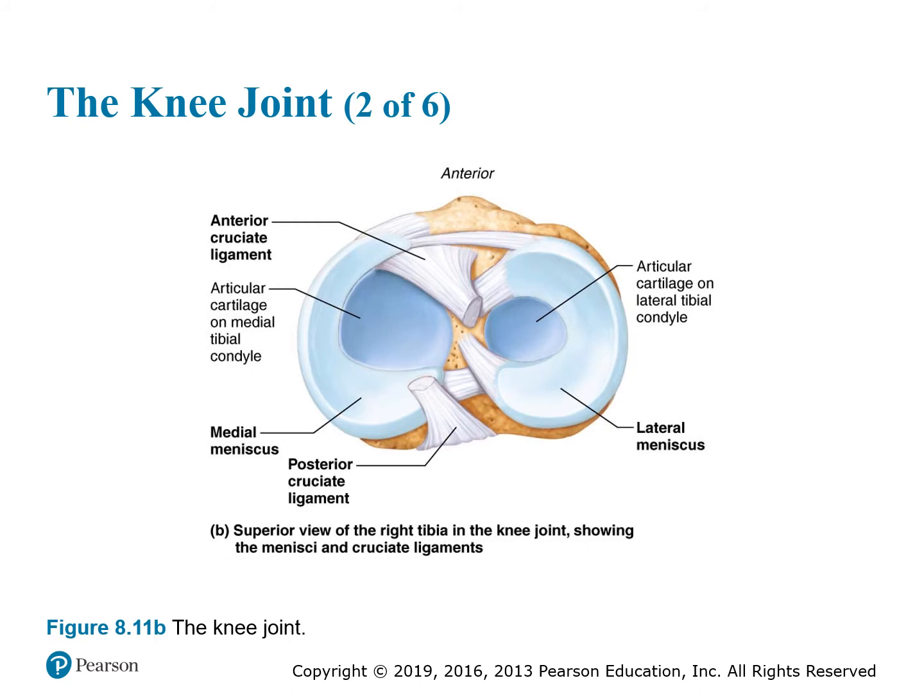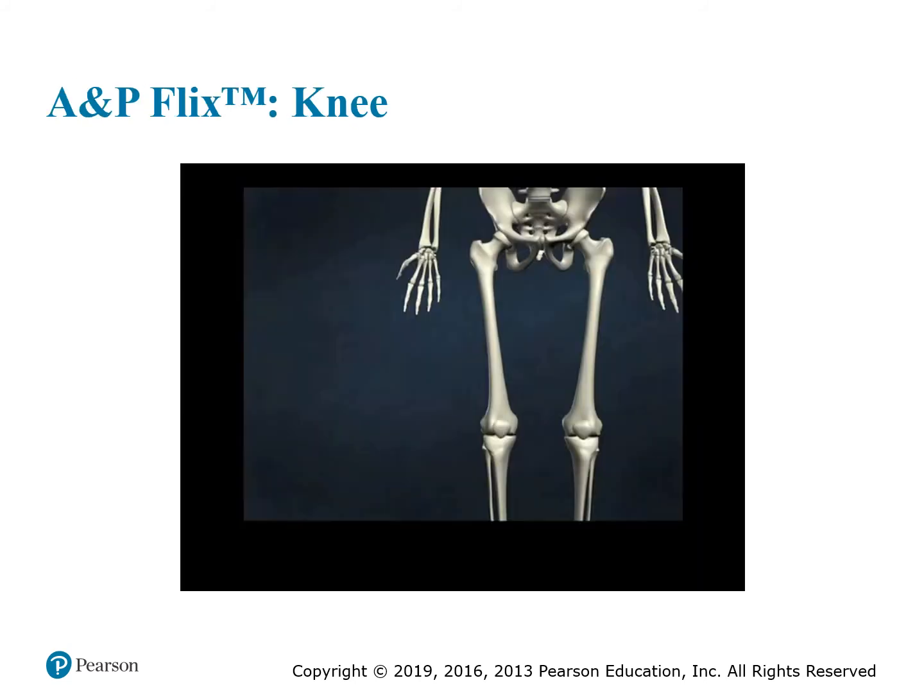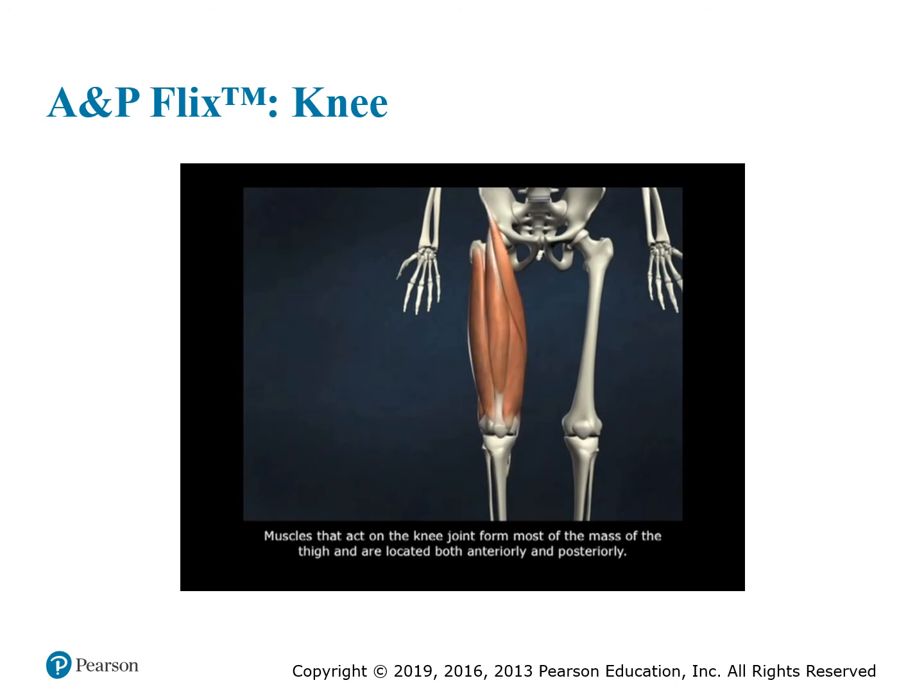Superior view of the right tibia in the knee joint. This shows the menisci, the medial meniscus and the lateral meniscus, and the cruciate ligaments. We have the anterior cruciate ligament as well as the posterior cruciate ligament. Muscles that act on the knee joint form most of the mass of the thigh and are located both anteriorly